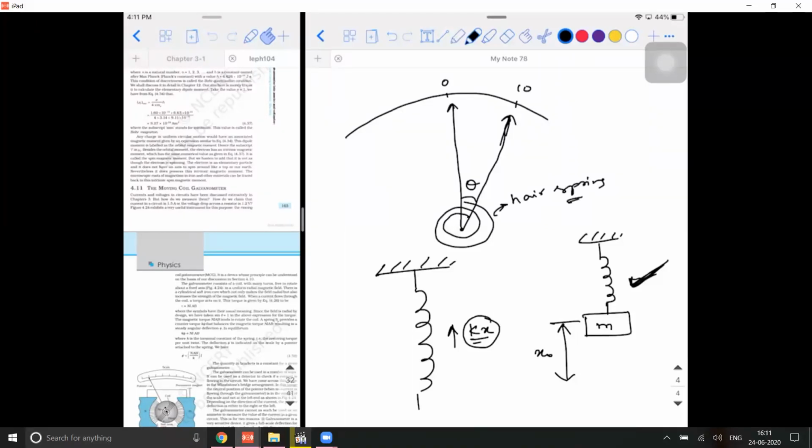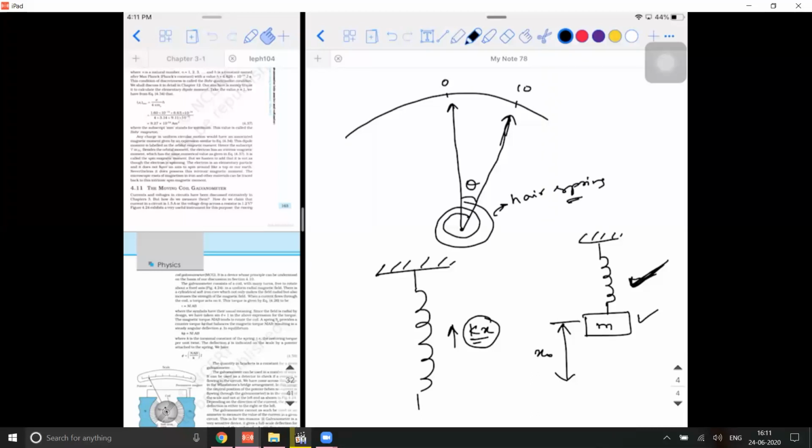So what is the work of this hairspring here? It is to create a restoring torque such that it brings back the pointer to 0 when there is no load on it. When I say load, I mean when there is no current flowing through the circuit. Here I'm talking about electrical load. When I talk about mass, I'm talking about mechanical load.